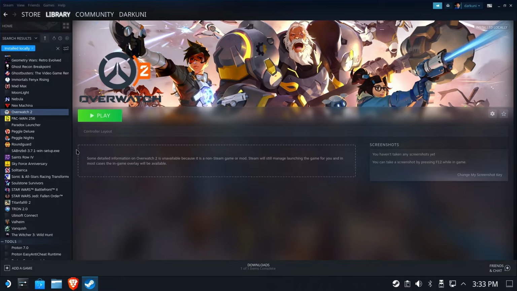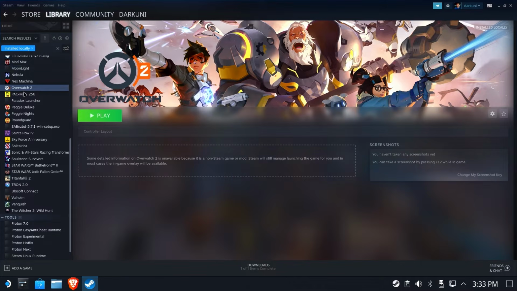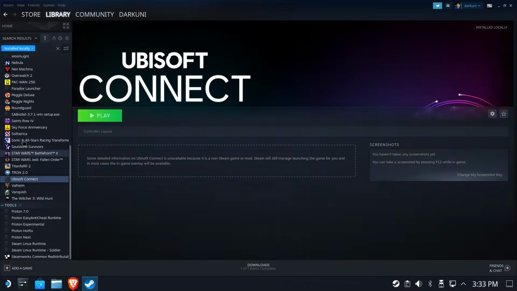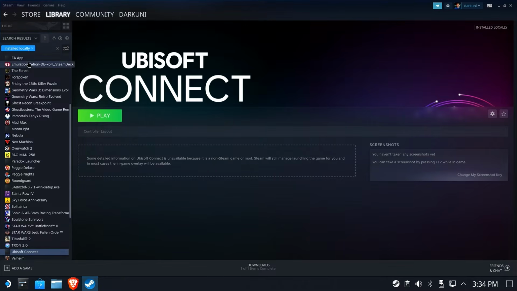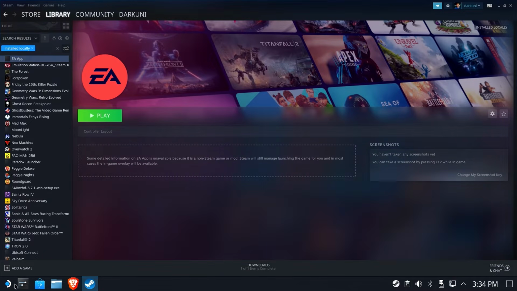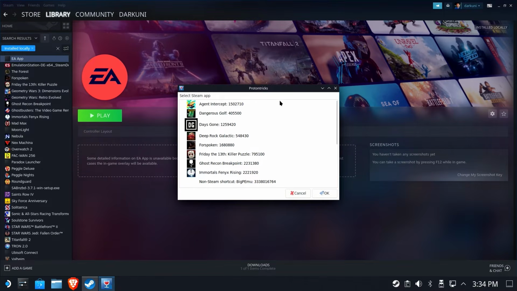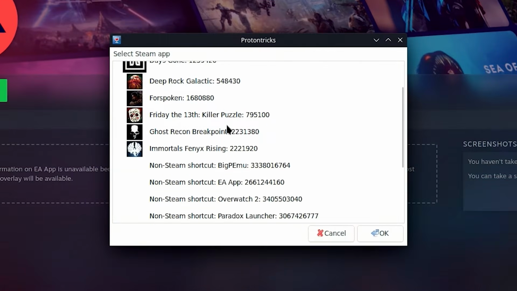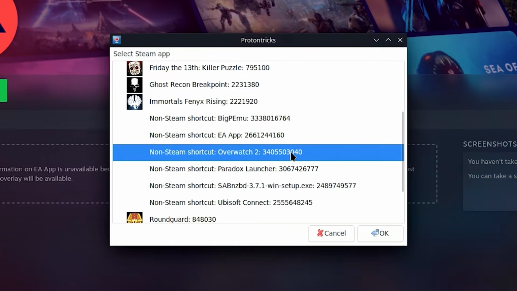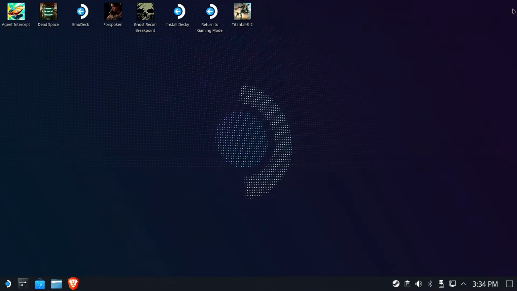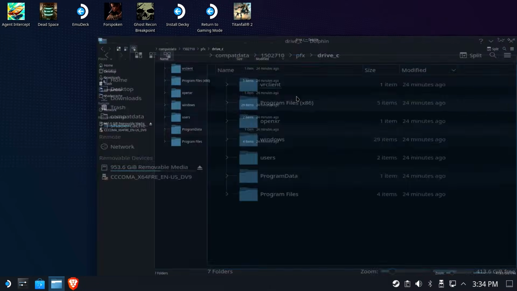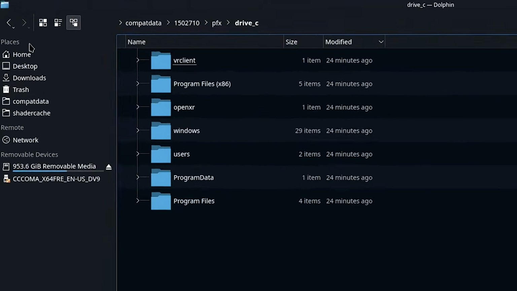But what about non-Steam games? All of those third-party digital lockers you've installed, like EA App, Ubisoft Connect, Battle.net. Since they're always random, we're going to need a tool to help. Enter Proton Tricks, a free tool you install from the Discover app on the Deck. If I open Proton Tricks on my Steam Deck, you'll see that my Overwatch 2, aka Battle.net, is 340-550-3040. Whew, it's a long number. So now that we have two Steam IDs, a pre-canned one and a random one, let's go find those Proton